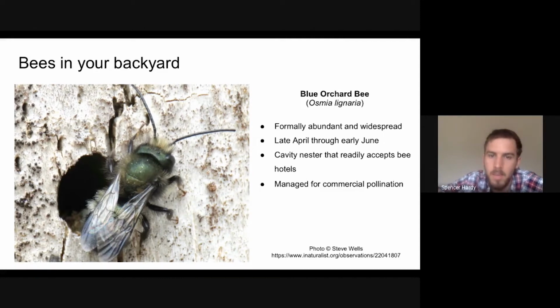But in Vermont and elsewhere, there's been some pretty significant declines in the last decade or so. Out of the 7,000, 8,000 bees that were collected this past summer, we only managed to find 3 of this species, Osmia lignaria, all 3 males from one day in Burlington this year. And the thought is that it's been pushed out